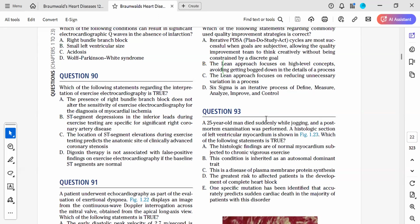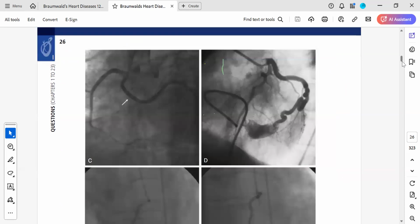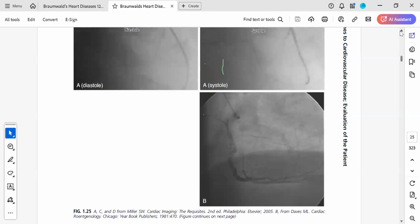So was it HOCM? Was it hypertrophic cardiomyopathy? Does this patient have an arrhythmogenic right ventricular disease? Does this patient have long QT syndrome? Things that predispose patients to arrhythmias that can lead to sudden death, Brugada, and so on. That is what should be running through our minds. So you go through the options, but specifically this is looking at the myocardium. And if you look at the image,